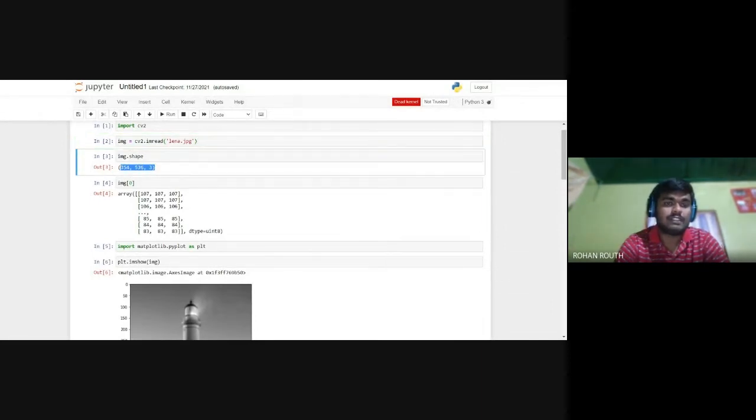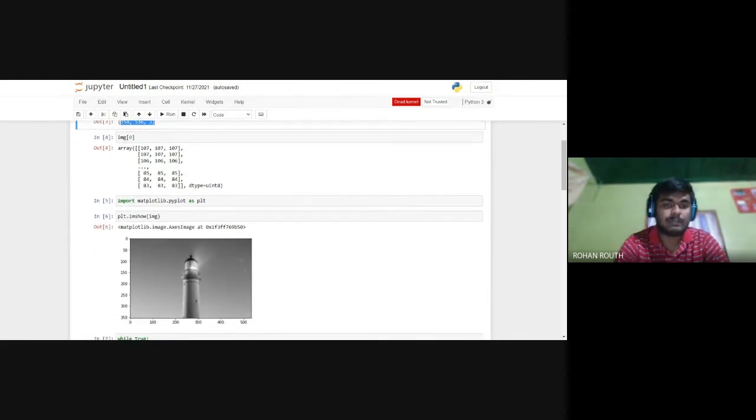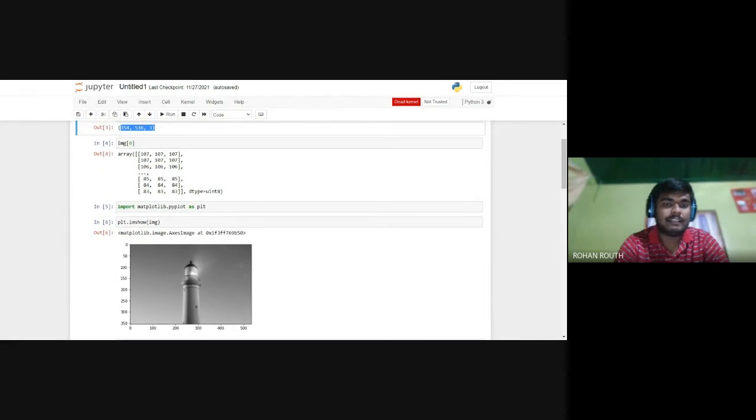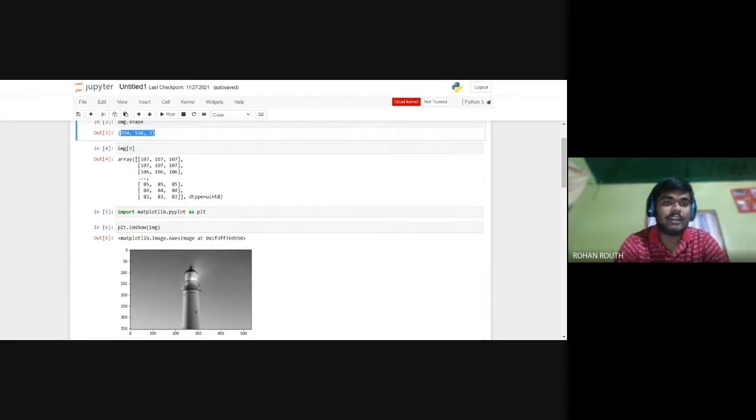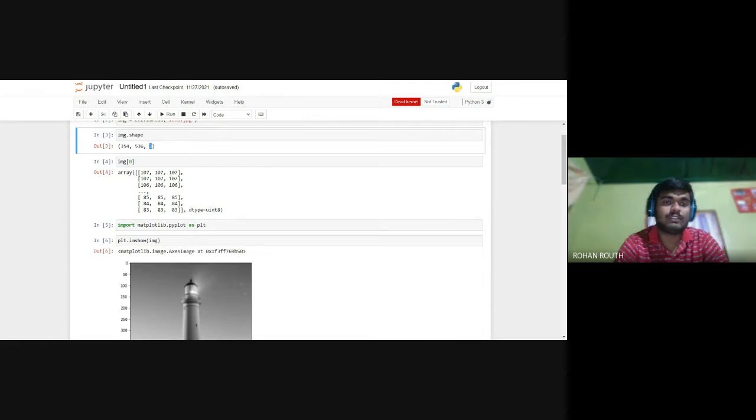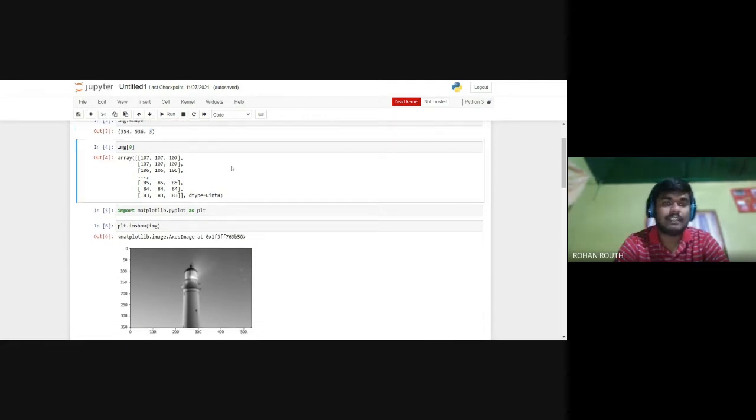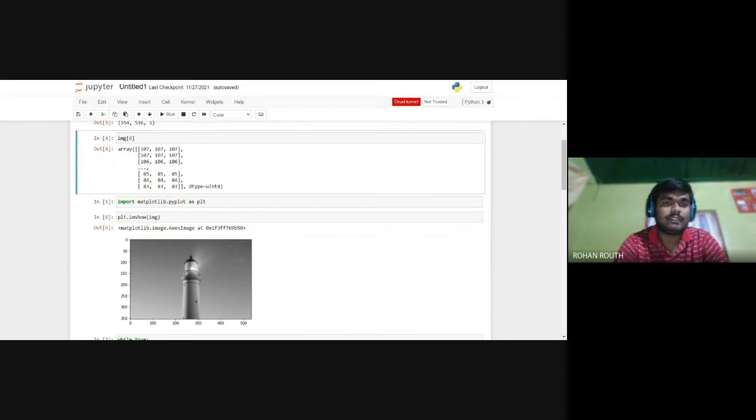For instance, this image, as you can see below, is the lena.jpg file, and the height and width of this image is 354 by 536, and the color scheme used is RGB, so the value is 3.